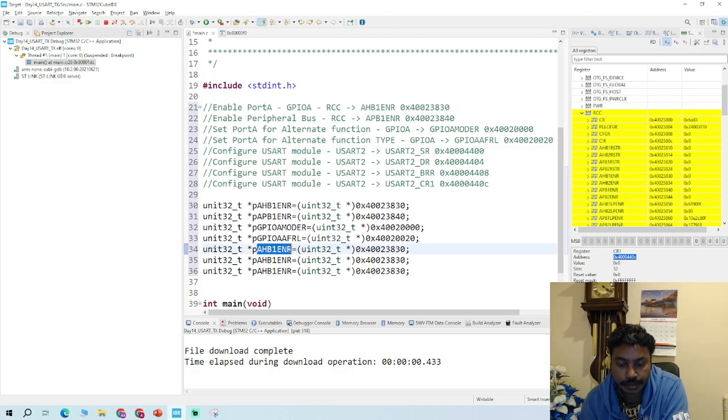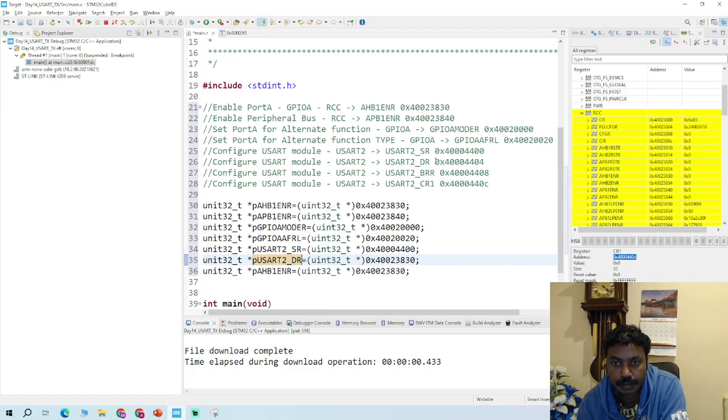USART status register, and its address is this one. So copy this address and come here and leave it here in this address. And then the next one is USART data register. Copy this data register name, Control C, and then Control V, and its register is this value address. Control C, come here and replace with this